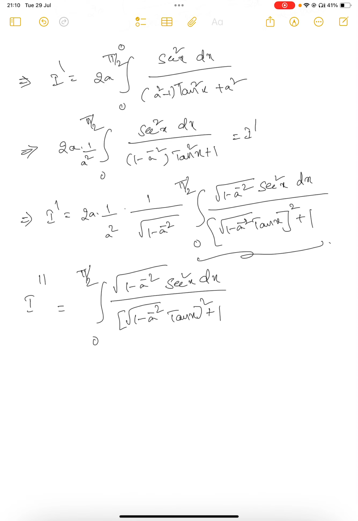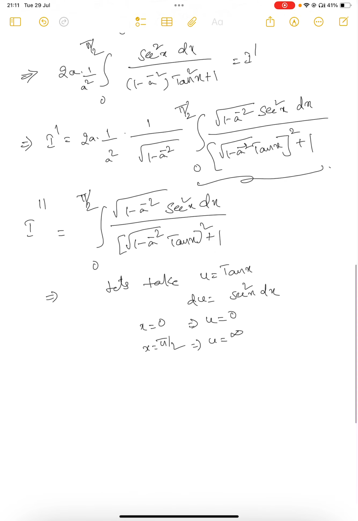You can just use simple trigonometric substitution. Let's take u is tan x, then du will be secant square x dx. If x equal to 0, then u equal to 0 because tan 0 is 0. If x equal to pi by 2, that implies u equal to infinity because tan 90 is infinity, right? Then this integral I double prime becomes u equal to 0 to infinity